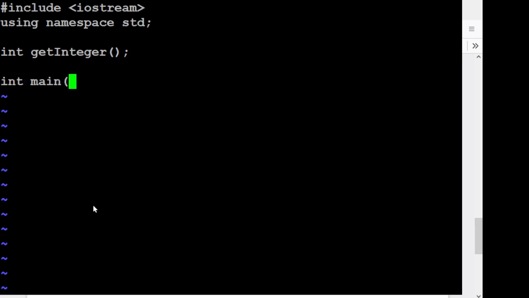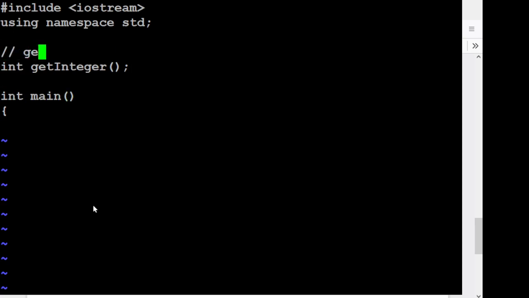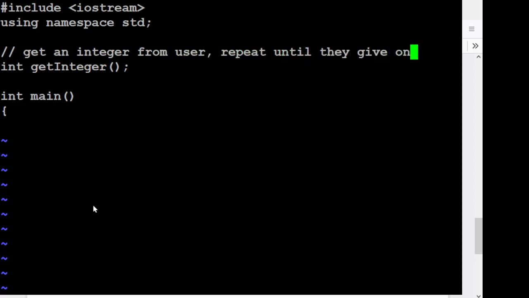So we've got our main. Let's throw in a comment here saying get an integer from the user, repeat until they give one. In our main routine, we'll have the place where we're going to store it, and we'll say x is equal to getInteger,